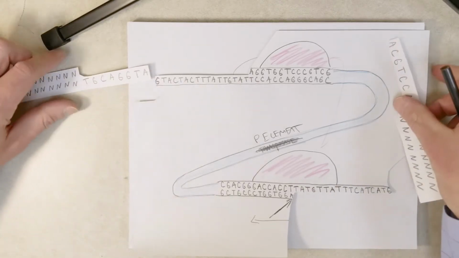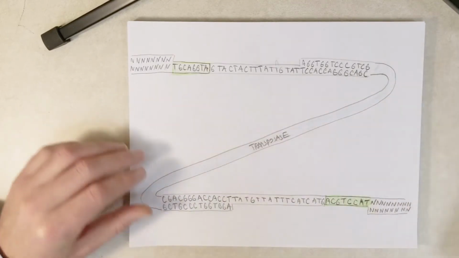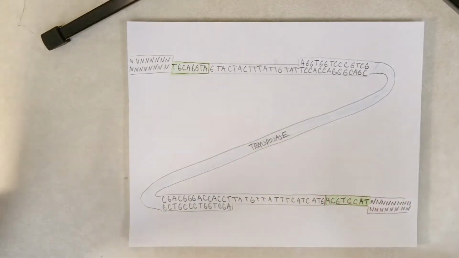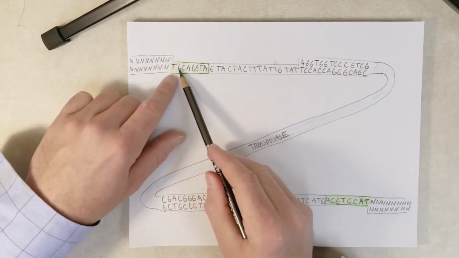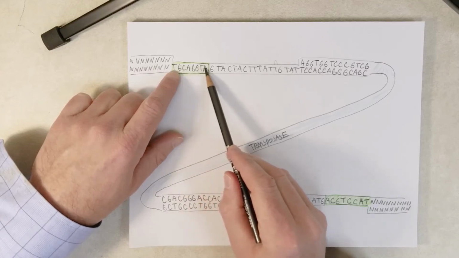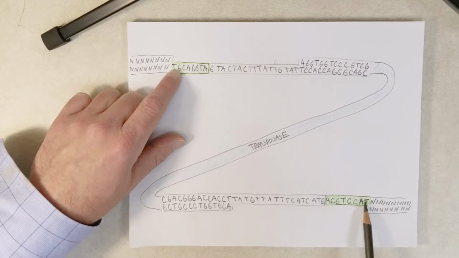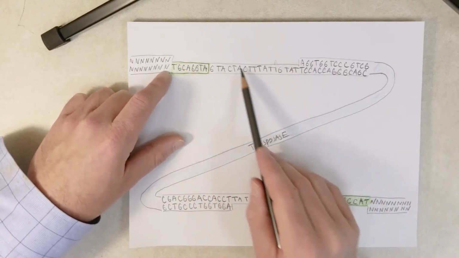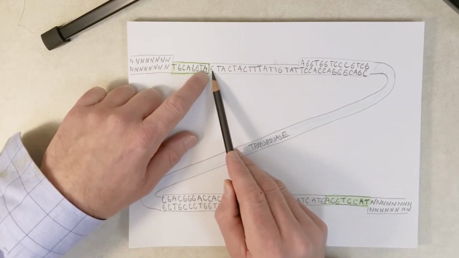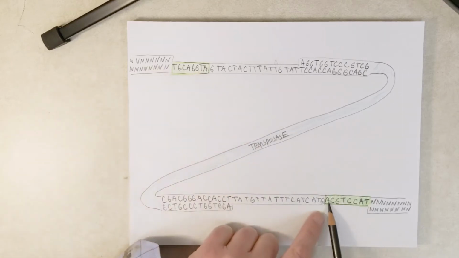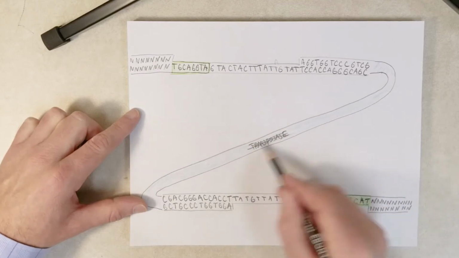So I have a better diagram of that, I believe. Right here. Okay, so that same thing I just showed you with the stuff off the video, I just made a smaller diagram showing you the lower half of the target site here, the upper half of the target site right here. We have those gaps. We have the TIRs here. A of the target site ligated to the G of the TIR. A of the target site ligated to the G of the TIR. And then the 2900 base pair P element